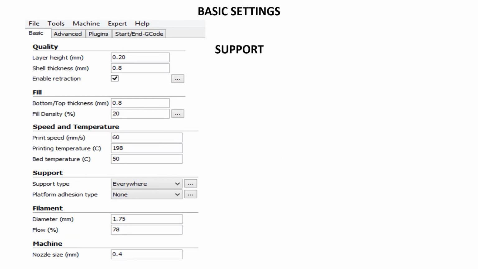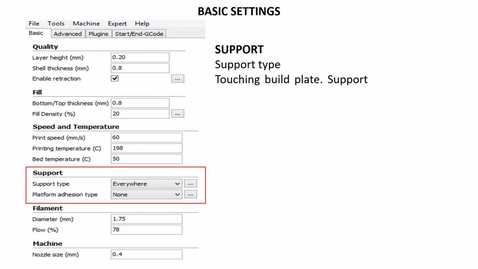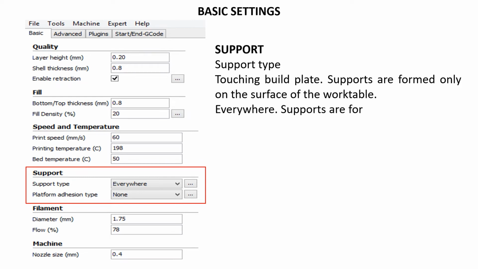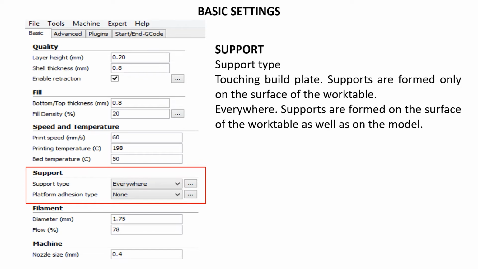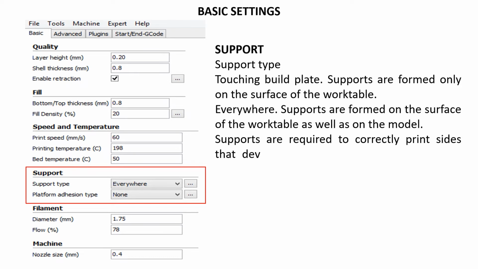Support. Support type. Touching build plate: supports are formed only on the surface of the work table. Everywhere: supports are formed on the surface of the work table as well as on the model. Supports are required to correctly print sides that deviate from the work table by an angle greater than 45 degrees